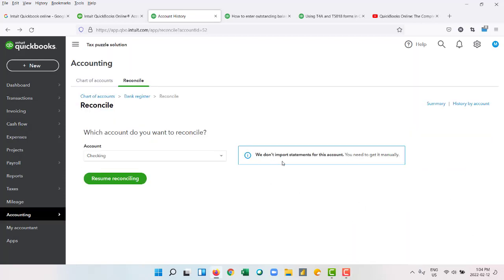It is showing that we don't import statements for this account. You need to get it manually. So actually, I'm just using my own checking account for these purposes. But if you have a business account, then you can download it and match your statement balance with the reconcile